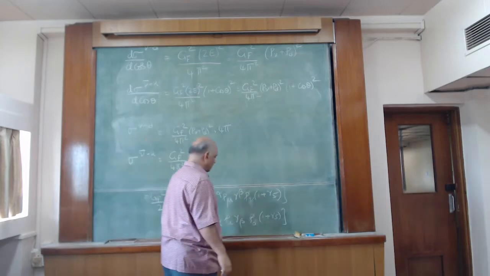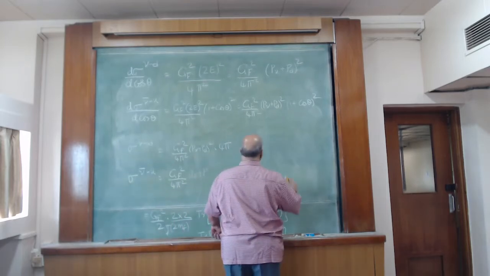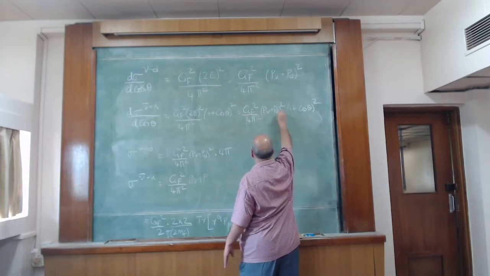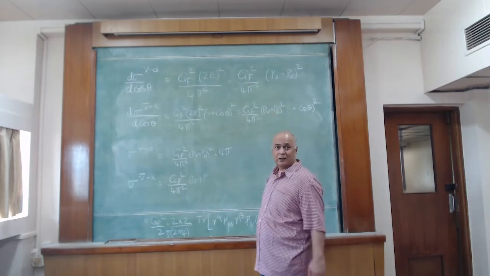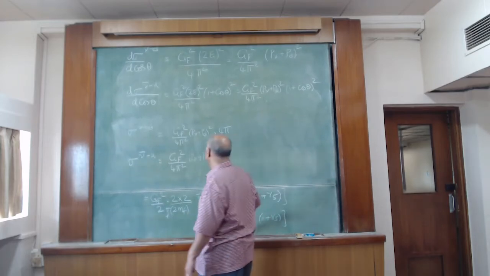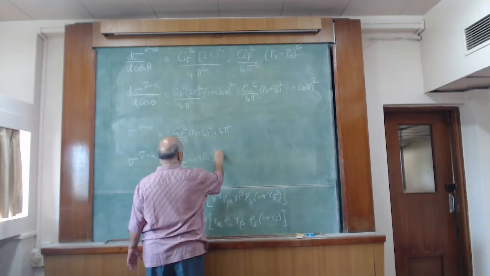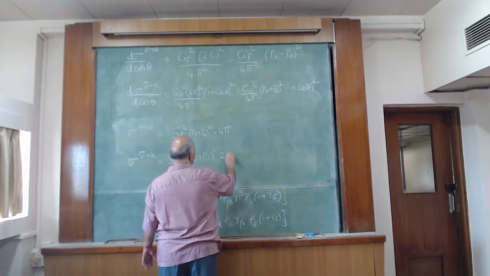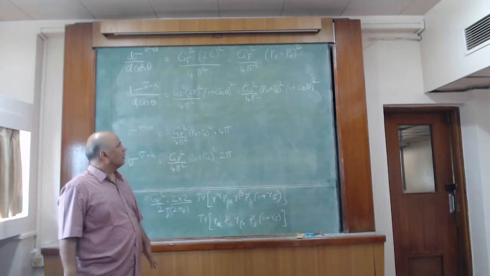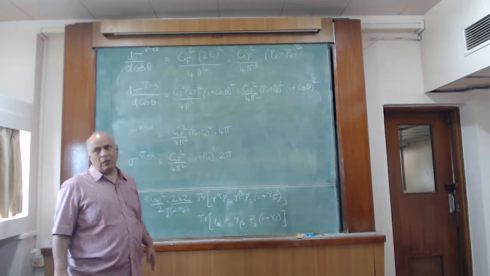Oh, by the way, here I shouldn't write p_d, I should write p_u, because the initial particle is u. Times, there is no phi dependence, so there is 2 pi, and then I integrate over cos theta,